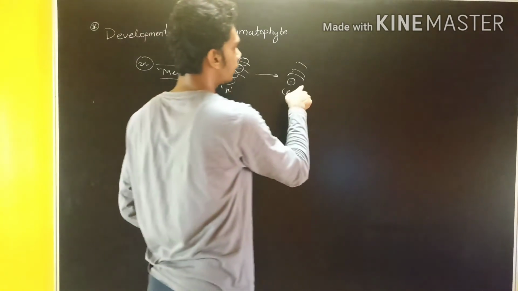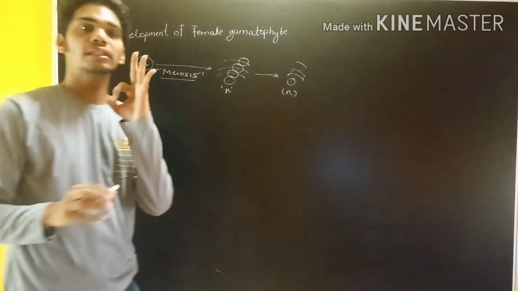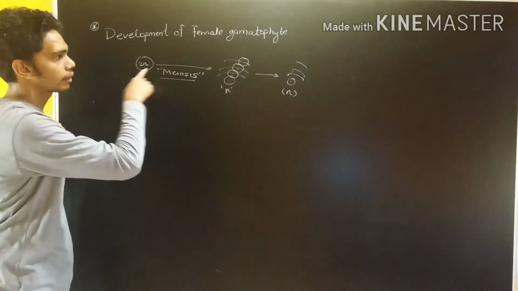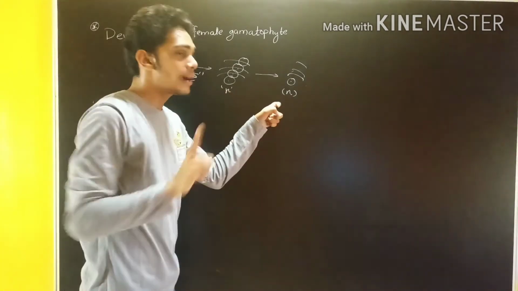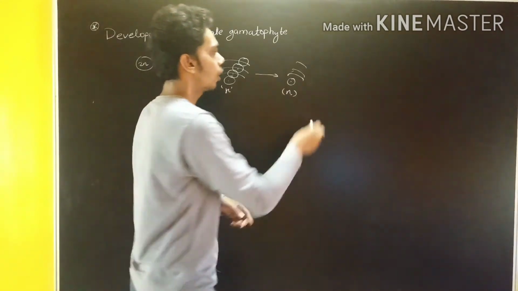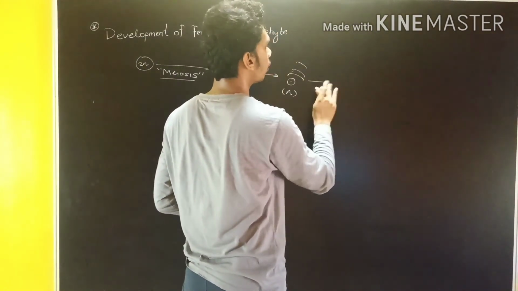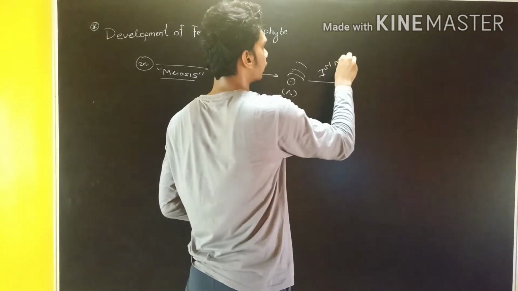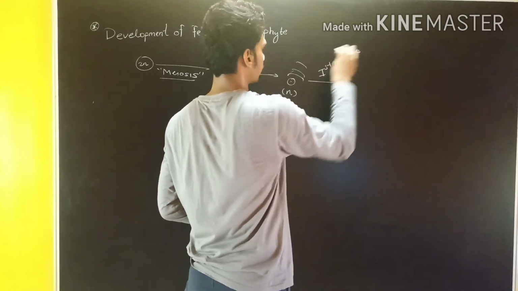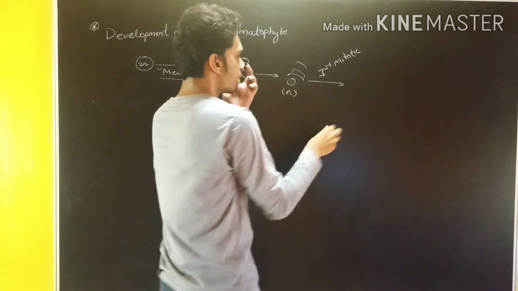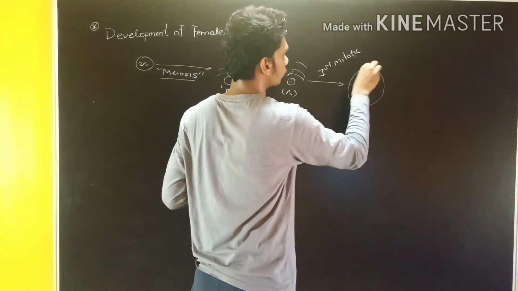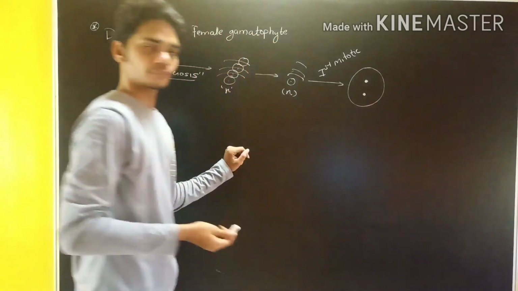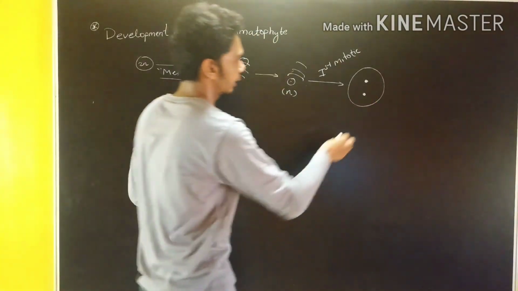Now this will undergo 3 successive mitoses. First was meiosis, which led from diploid to haploid. Now this mitosis will make identical cells. How many times does it undergo mitosis? The first mitotic division takes place after maturity, when the cell grows a little bit, and this kind of cell is formed.